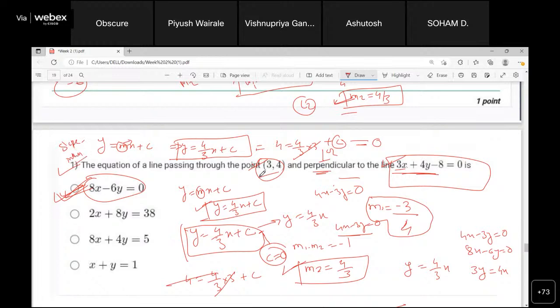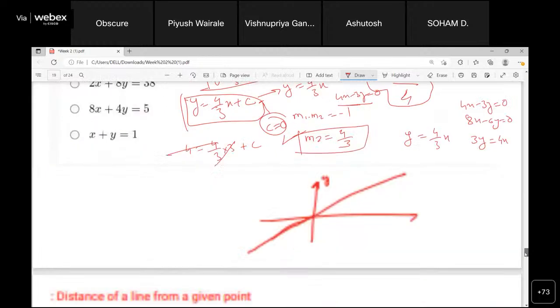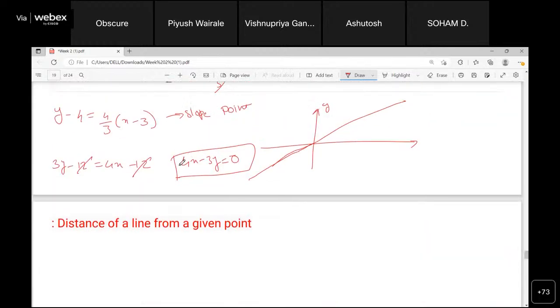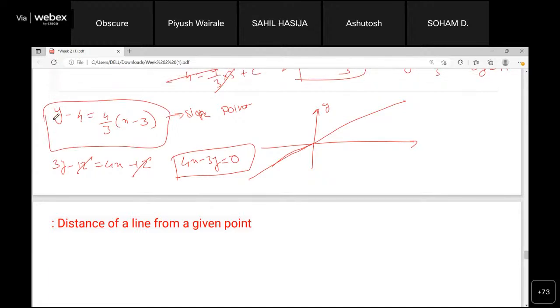But if you are given the slope and the point, you can directly go for this also. No need to put the points and all those things, right? You can directly use this also. I have a question. If I am given one point and an equation, I am able to find the slope.